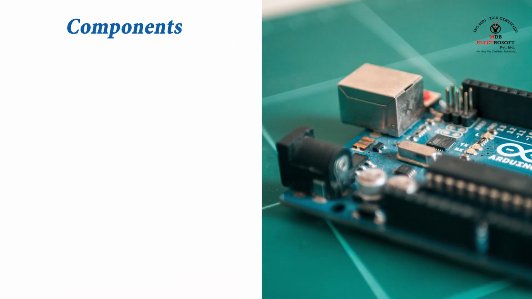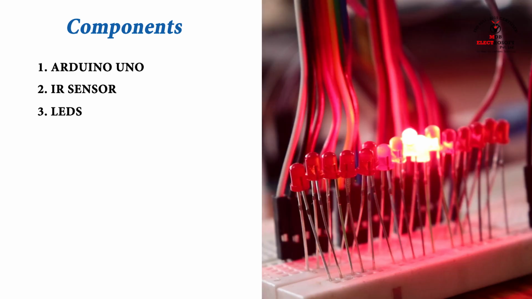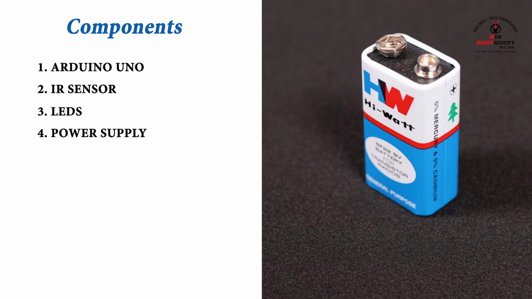With the help of this project, the side which has more vehicles or has higher density of traffic will get the preference to let the vehicles pass. So there will be less jam on the traffic square. So let us move on towards the components. Here we are going to use Arduino Uno, IR sensor (IR stands for infrared), LEDs such as red, yellow and green, which are usually used for traffic signals, and just a normal power supply. Let us move on towards the block diagram of this project.